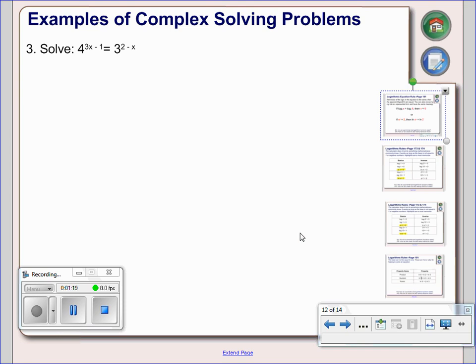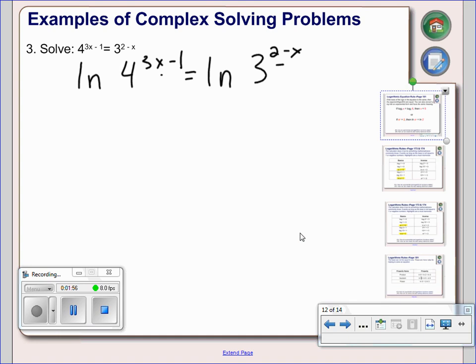So I'm going to take the natural log to both sides, and I could have taken the log. It's just as long as it's the same one, but natural log is shorter to write, so we oftentimes use it. And so by me doing that, now I can use some of the logarithmic properties to help me isolate this x value. So for instance, immediately I see that I have an exponent, so I can use the power property,